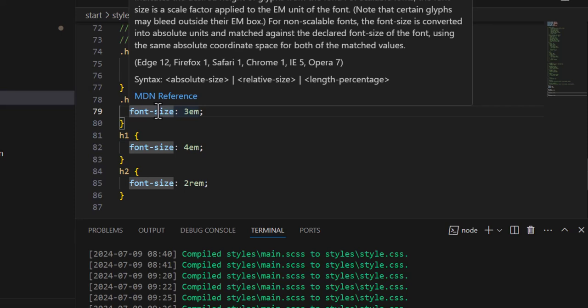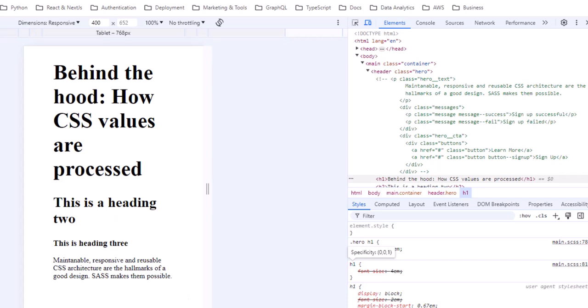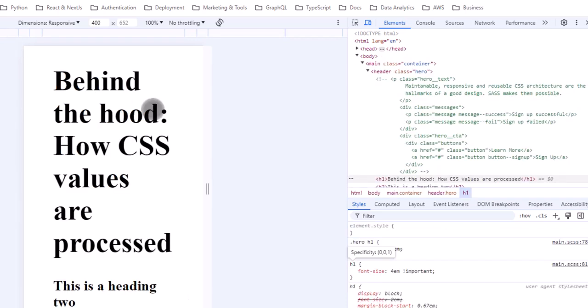But let me put importance in this place, the keyword important, and let's save the file and preview again. If I refresh and check my style, you see now that the font size of 4em is applied and the font size of 3em cancelled out, which means that the browser is telling you that though on the basis of factors that usually should be considered first, the 3em is rated higher, but because you include important, you make this declaration more important, every other